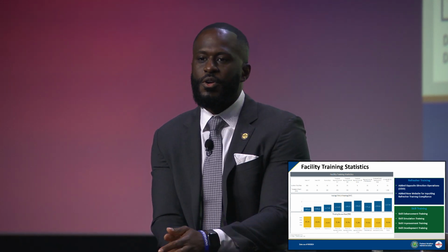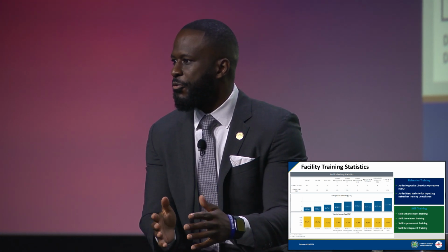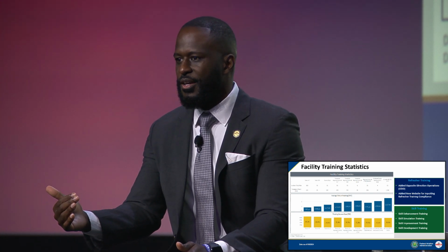So we're committed to trying to set up a process when one becomes an OS or one becomes a FAC rep to ensure that they have training on the 3120.4 so that they could be administrators of that at their facilities and make sure that we're not deviating. Those facilities that have long training times, when we go and do training reviews, we find out that they've completely made up what they want to do because they feel it's better at their facility, and rarely is deviating created